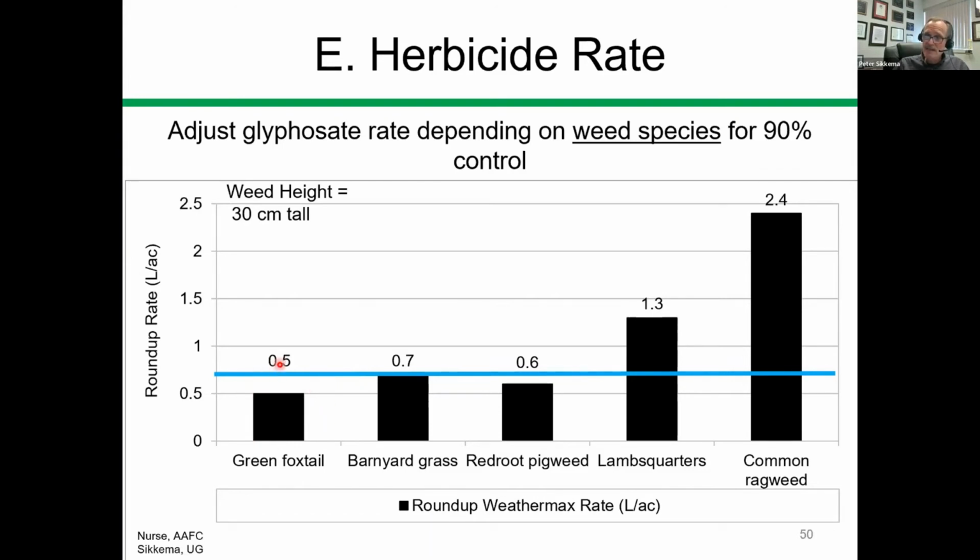And our data says you only need half a liter to kill green foxtail. Keep in mind, the registered rate is 0.67. So even at a below label rate, you're still going to get 90% control. However, barnyard grass, our data says you need 0.7 liters per acre to kill barnyard grass. You need 0.6 to kill red root pigweed. So if you had these weeds on your farm, you're going to be perfectly happy with the registered rate of